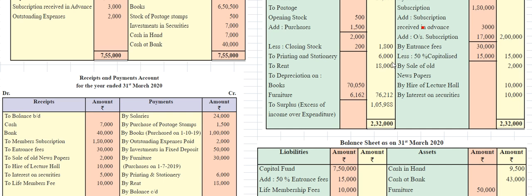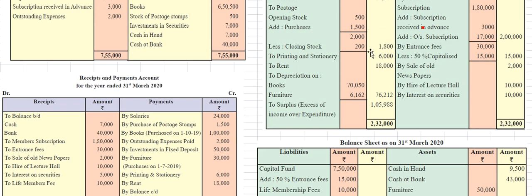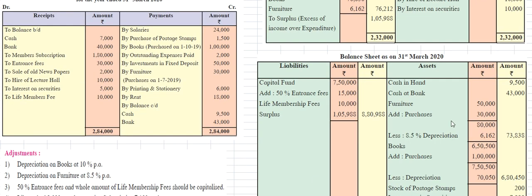By entrance fees. The entrance fees amount is 30,000 rupees. And less capitalized, for the entrance fees we have an adjustment, that is 50% capitalized amount. So 50% capitalized amount is 15,000 here. So the total amount is 15,000. By sale of old